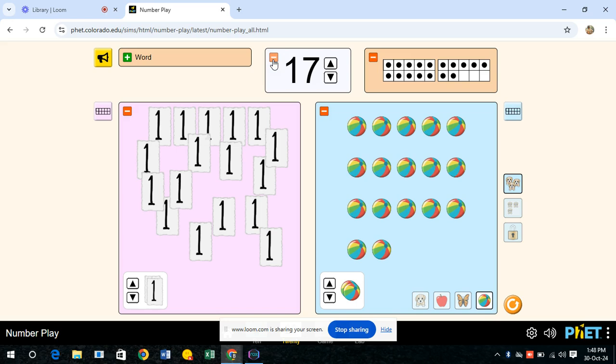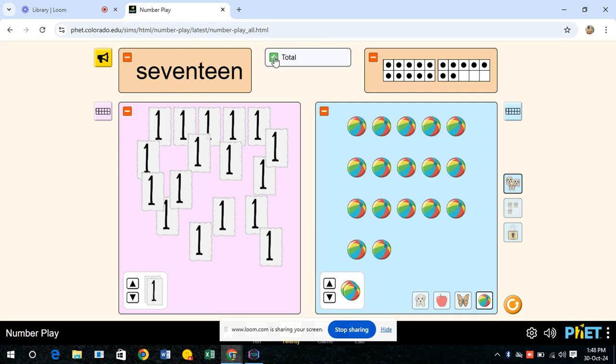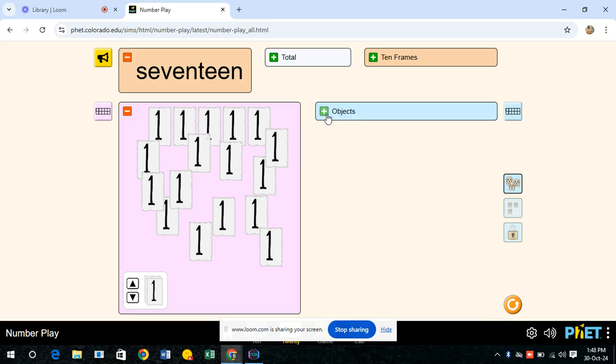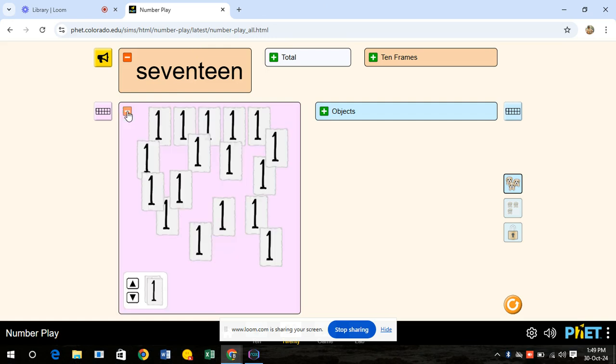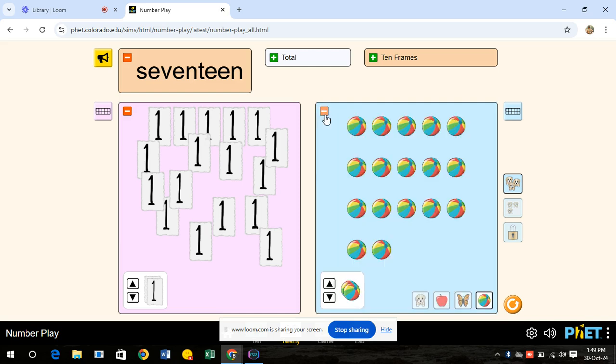So I'd recommend the 20s number play screen because you can always know the pronunciation of the digit or of the number. You can always see how the number is supposed to be written, and you can hide and unhide some of the features so that you can let students use the board, or the screen, as much as they want or they see fit. So you can see you can adjust, you can add the ten frame. In this case, you can use the buttons to